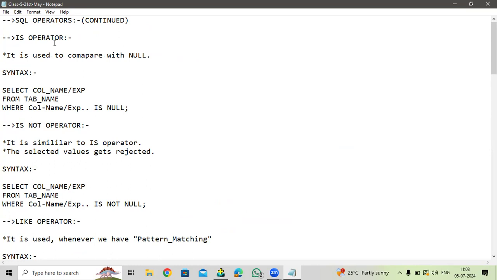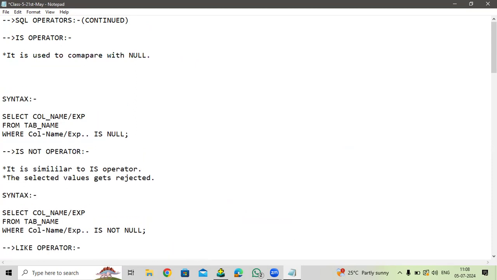So what is IS? You have to observe and listen carefully. The IS operator is used to compare with null. We have to use this IS operator when we have to compare with null values. This is a little different, a little confusing also. For example,